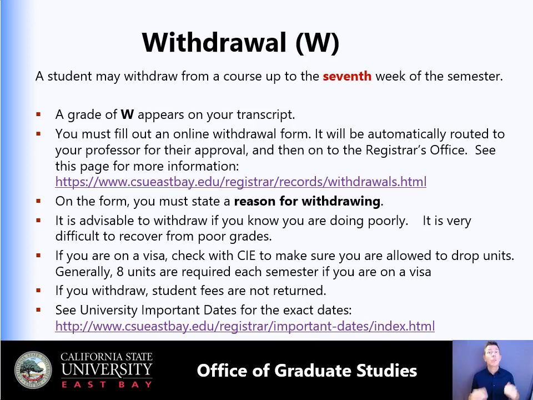In fact, the whole CSU has a requirement that you must maintain at least a B average in order to graduate. So if you're actually doing very poorly in a class, first, please contact the instructor right away and say, are there any strategies you might suggest so that I can succeed in this class? Hopefully so. If not, if they say there's just no way to succeed, you're going to earn a D or an F in the class, then you should contact your graduate coordinator and determine if a withdrawal is the right